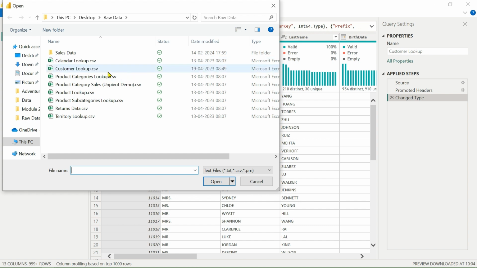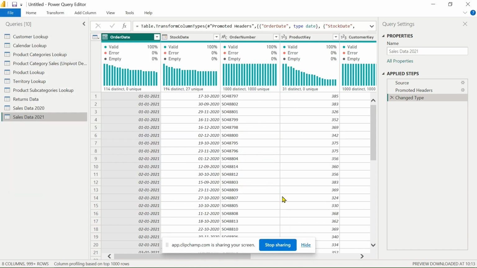I connected the customer lookup, and you have to practice. Now if you see, I have loaded all the data sets in our report.